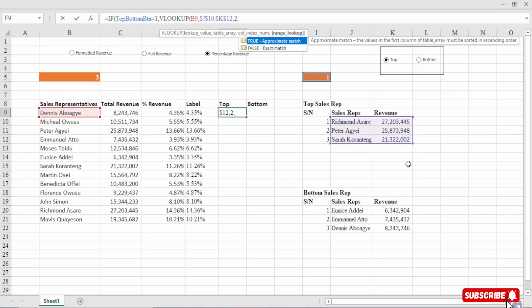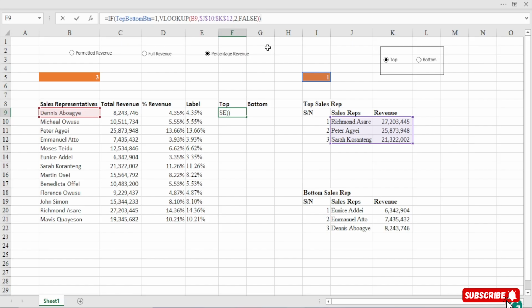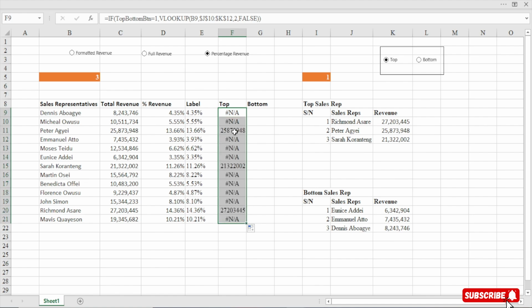And then you want exact match. Yes, we want exact match. So we double click on exact match. Yours will be 1 and 0, so make sure you select 0. When you close it, we close it again and hit enter. See, we are getting NA. Now the NA doesn't mean we are wrong. Now watch here. When I drag it down, you see